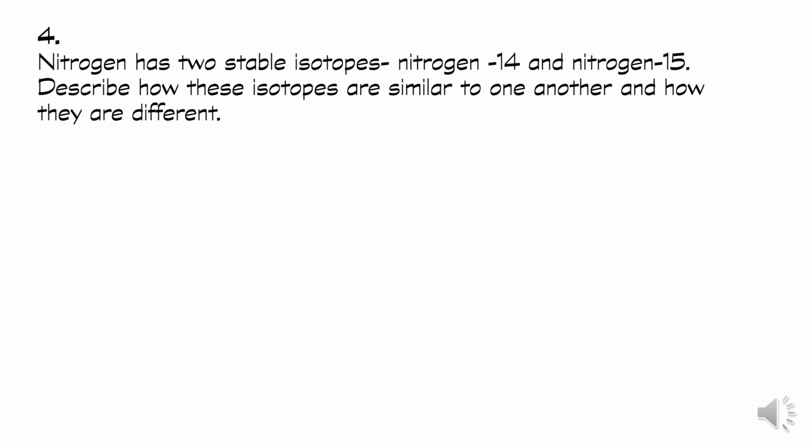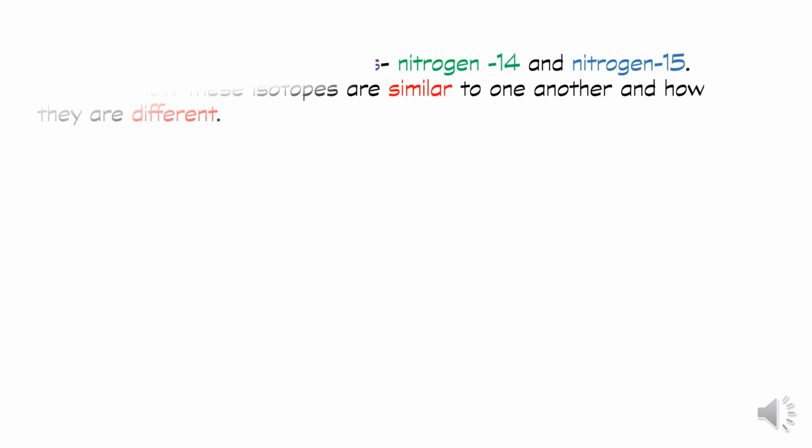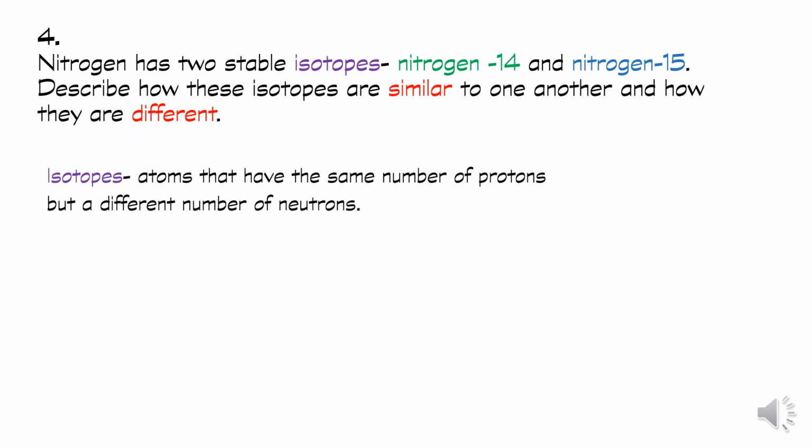Question 4. Nitrogen has 2 stable isotopes, nitrogen 14 and nitrogen 15. Describe how these isotopes are similar to one another and how they are different. So we're looking at the similarities and differences, but let's first define isotopes. Isotopes are atoms that have the same number of protons but a different number of neutrons. So if you look at our nitrogen atom,